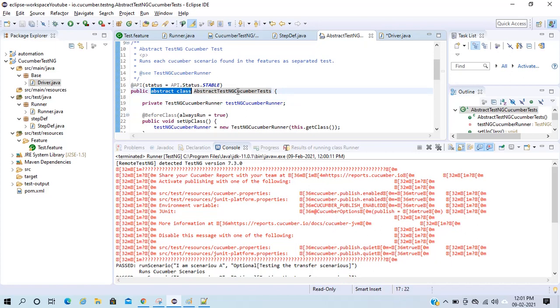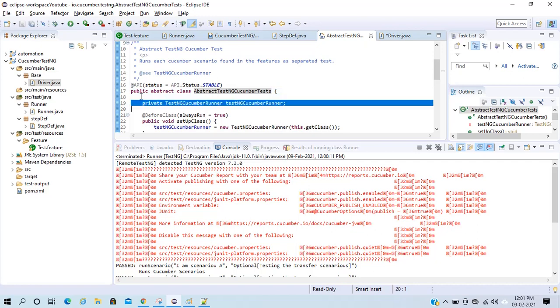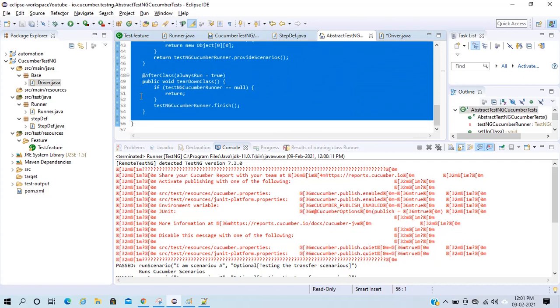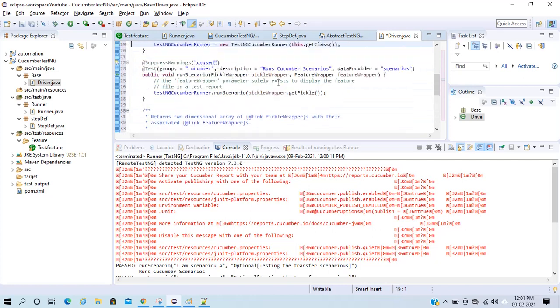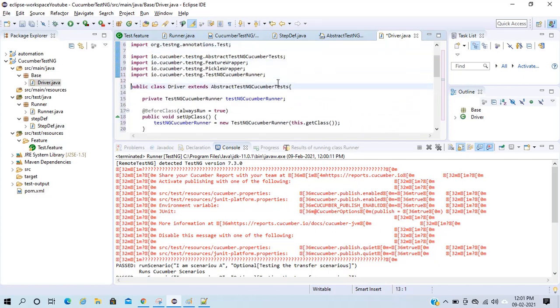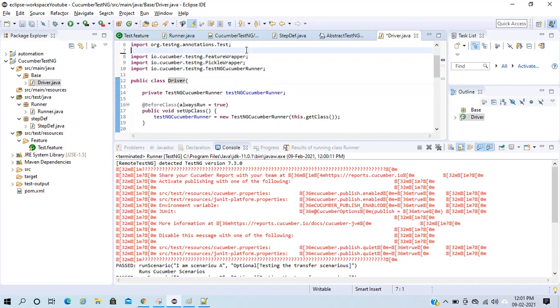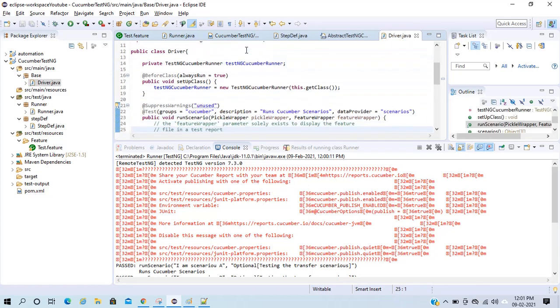I will copy the logic into my driver. Now that I have written the implementation logic here, I don't need abstract TestNG Cucumber test anymore, so I will remove this. This is my customized TestNG Cucumber.